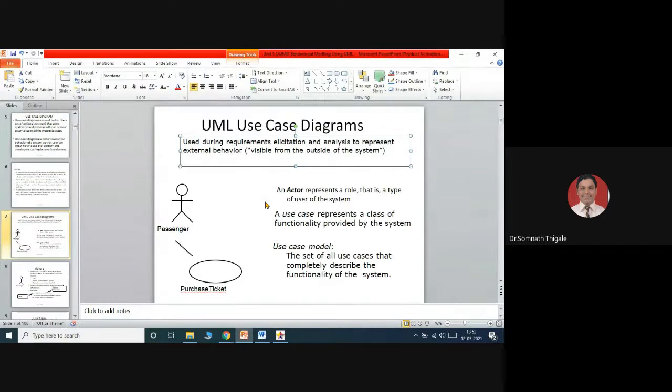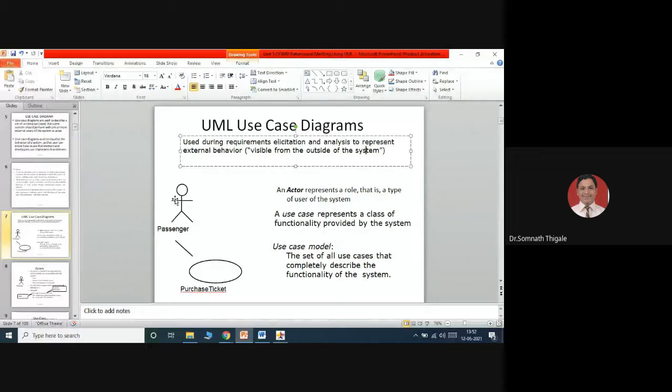Okay. So use case diagrams are used during requirement allocation and analysis to represent the external behavior that is visible from outside the system. So let us consider a railway reservation system. In this railway reservation system, who will be the external element? The passenger, the user. One type of user is called what? Passenger. So I'm considering that passenger as an external element, which becomes my actor.